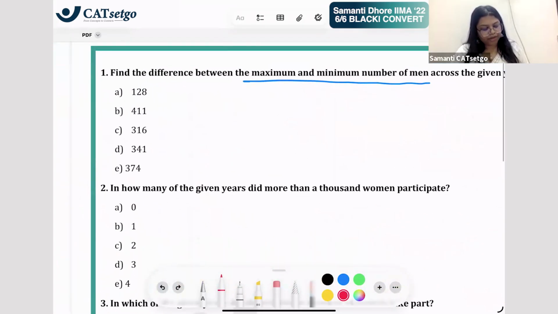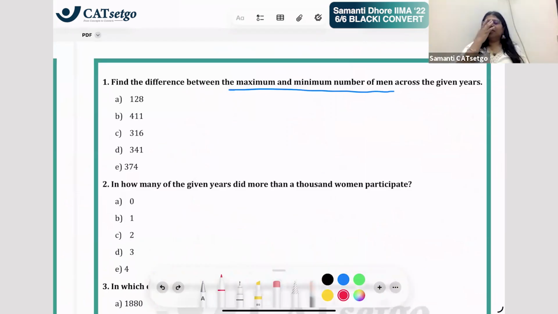Okay. So you will have to find accordingly. Okay, I'm giving this to you as homework because if I explain it to you, you're going to get it very, very easily for sure. And that's not the idea. The idea is that you should be able to interpret any random data. Because then DI becomes extremely easy. कुछ है नहीं DI. It's at the end about being able to interpret data that is given to you, and accordingly you solve. Otherwise it is all fractions, percentage and all of these calculations only.